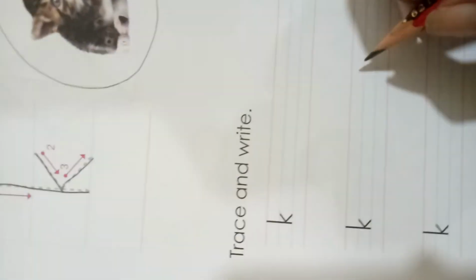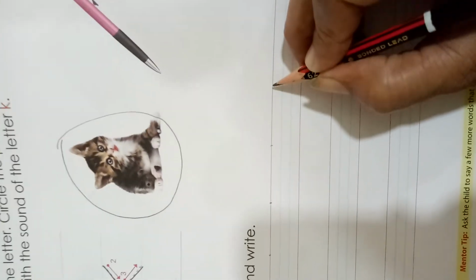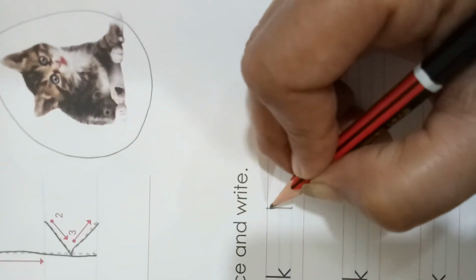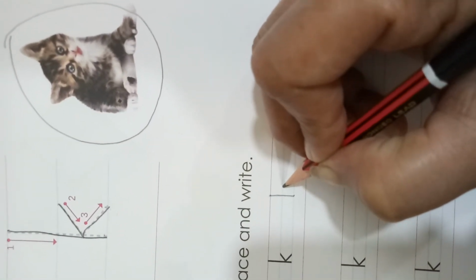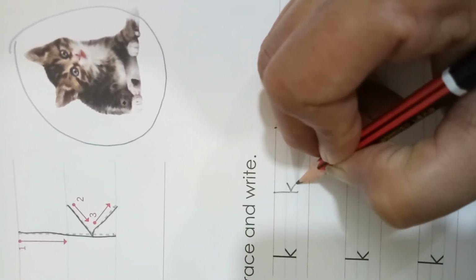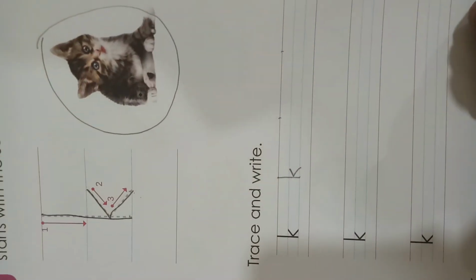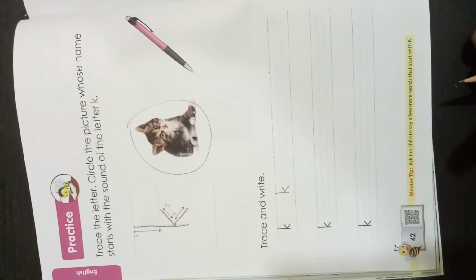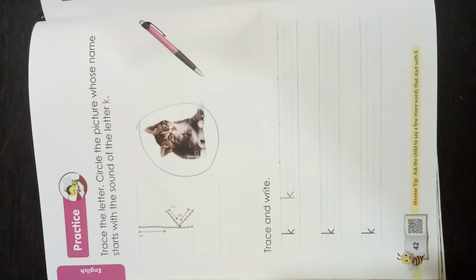Once again we will write the tracing part. Yes, see, Mama is going to give you dots over here. Okay, and you are going to write on these dots only. Okay, see here how we are going to write letter K. One standing line from the pink line to the blue line, and from the blue line only we are going to make one forward slant line and one backward slant line. This is small k. Children, you are going to do your writing work very neatly, okay, and you are not going to use erasers also.